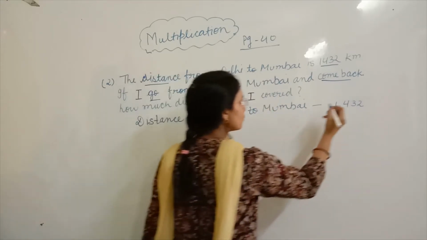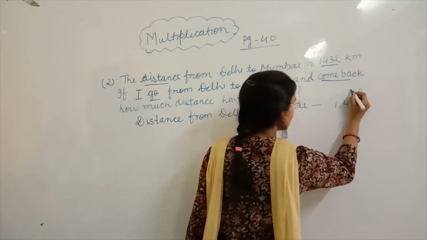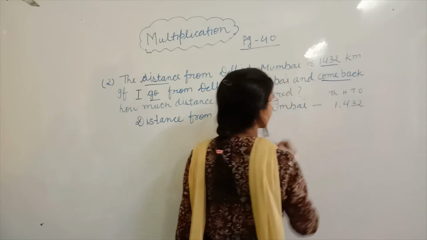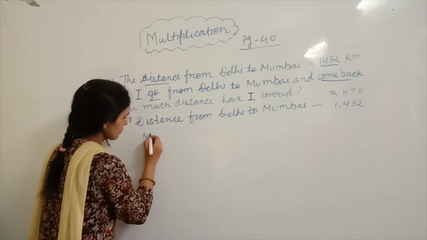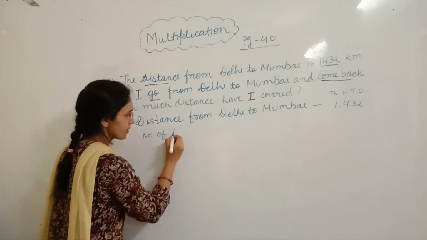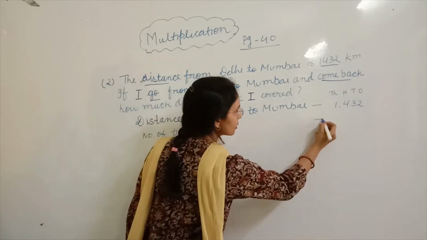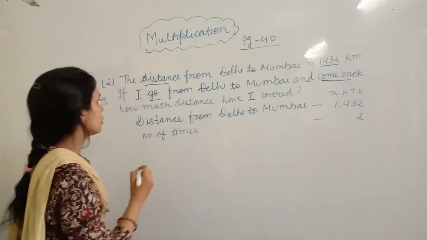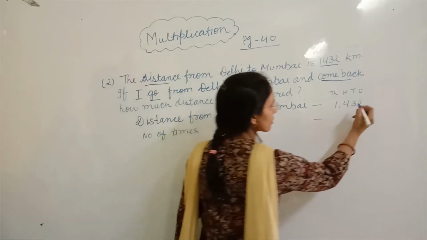And before this you need to leave one line to make your place value. Ones, tens, 100 and 1000. Number of times, that is 2. So from Delhi to Mumbai is given, that will write down in terms of